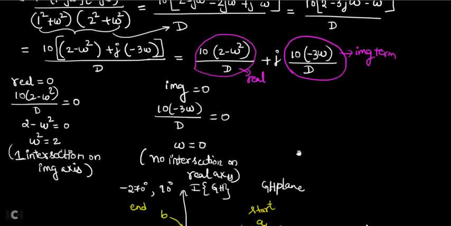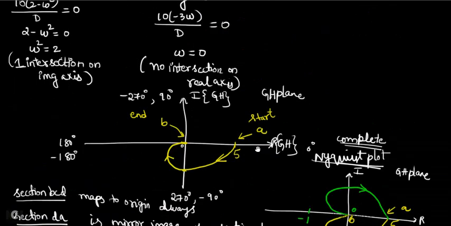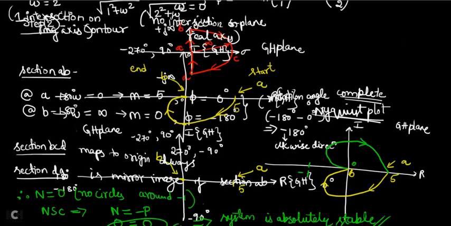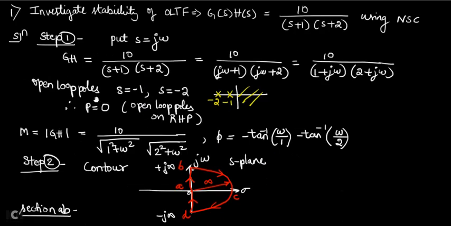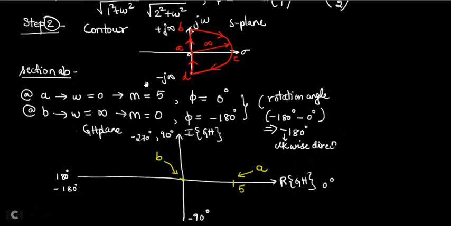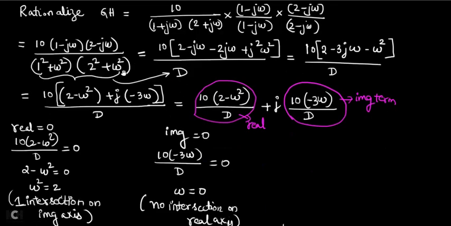Now follow the same procedure whatever I taught you for this first problem. For whatever Nyquist plot problem they give, you follow the same steps. First step, put s equal to j omega and calculate all your P value, magnitude, and phase angle. Step 2, draw the contour. And first, convert A to B into the mapping. Before writing the mapping, first find out the real part and imaginary part of the given transfer function. Separate the real part and imaginary part.